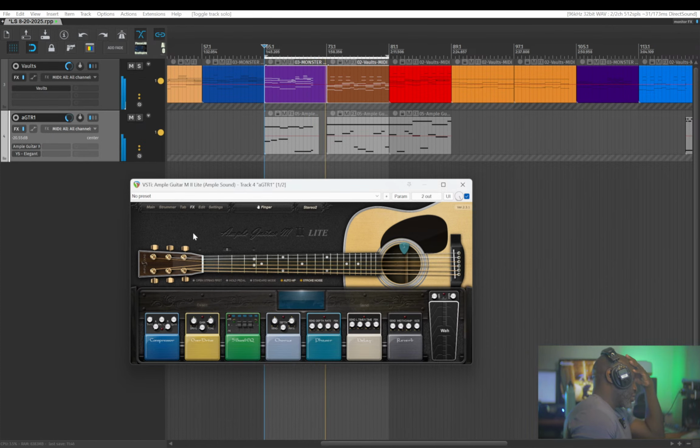There is an effects section where you have this stomp pedal board. So they have compressor, we have overdrive, there is an EQ, chorus, phaser, delay, and reverb. And we have a wah pedal over here. You can turn on the wah and do some wah things. There's an editing section here,